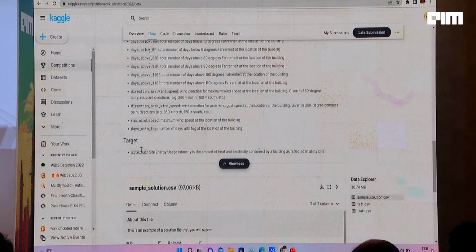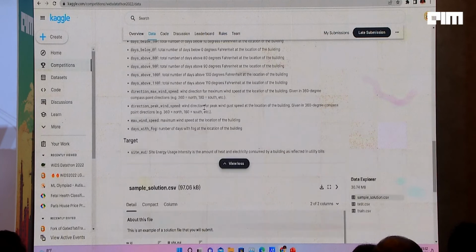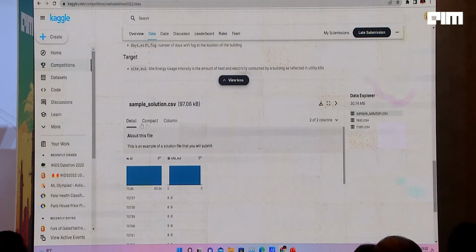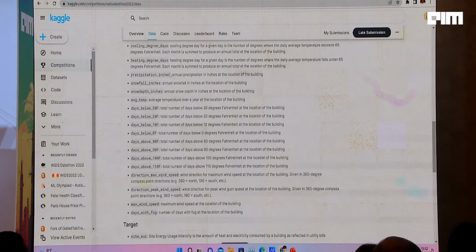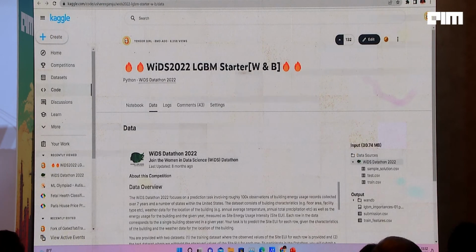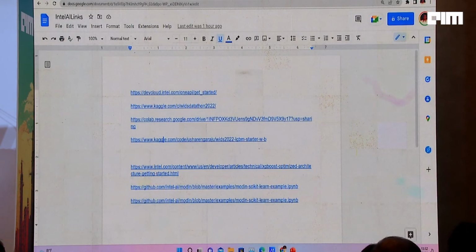So the target variable here is for a regression problem. You're trying to predict how much electricity is consumed in a building. So it's a regression problem. And it's a Kaggle competition, so you have training data, the test data and all that. You can see what files are given to you. Now we'll head on to the code and how to solve this problem. If there is somebody who's a beginner in data science, I'll also show you how to solve the problem, and then we'll head on to how to bring about an optimized solution.